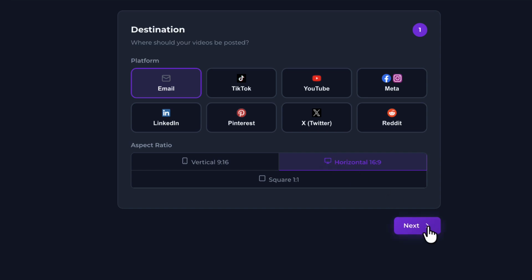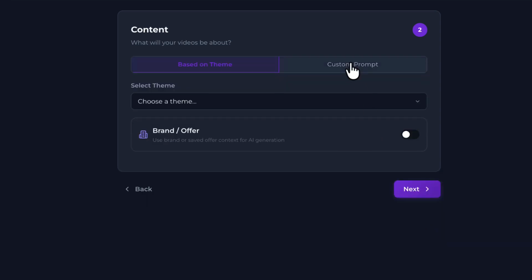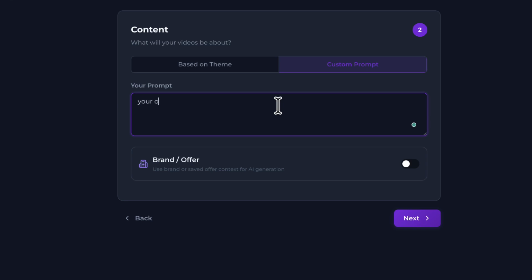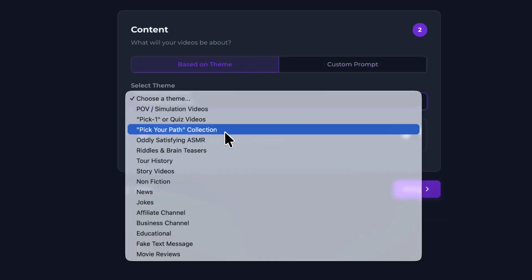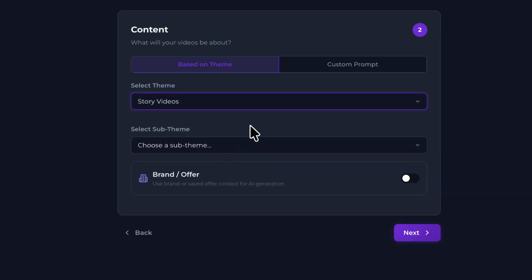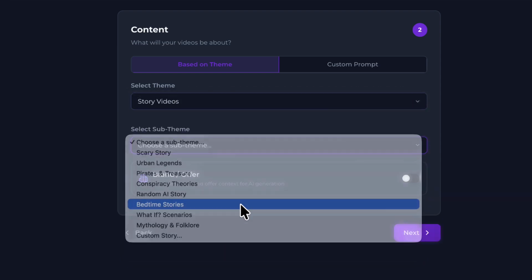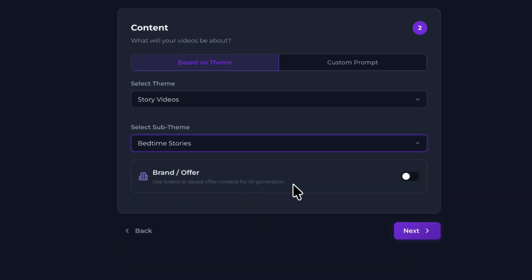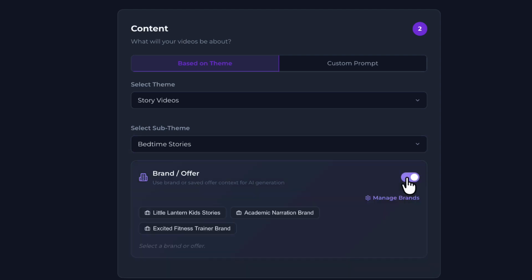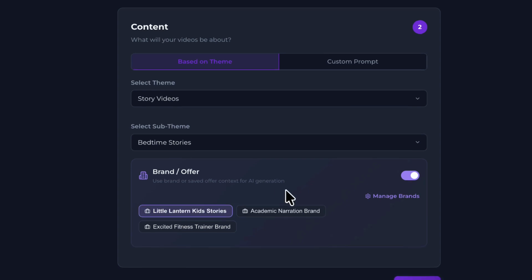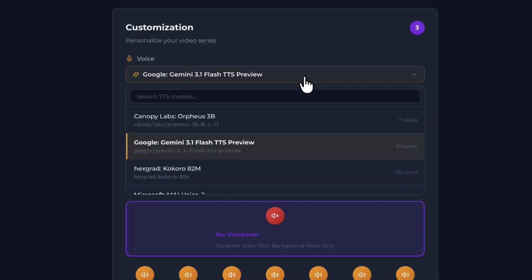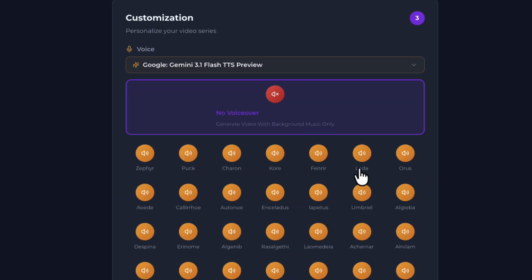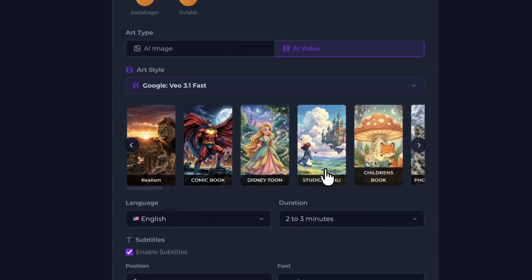Then choose a theme for your channel, including themes that are going viral now, like ultra-realism, POV videos, trivia, recreate history, Unreal, ASMR, or standard themes like scary stories, educational channels, affiliate product channels, and more. Or use custom prompting to make your own custom video or channel idea. Toggle on your channel brain to ensure the videos get populated with unique brand styles and custom products to begin earning immediately from. Preview and choose an ultra-realistic voiceover artist from tons of models.